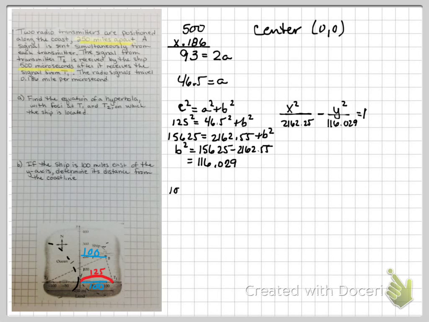So I'm going to get 100 squared over 2162.25 minus y squared over 13,462.75